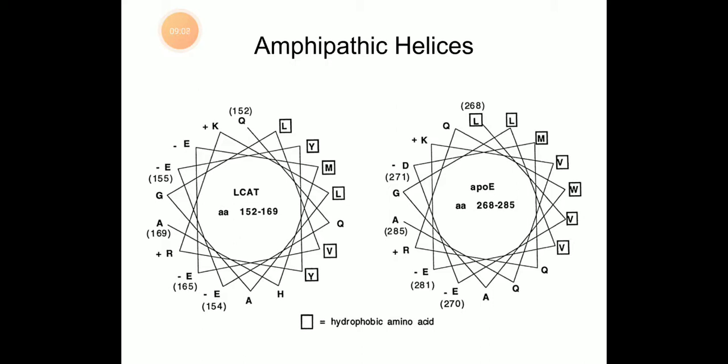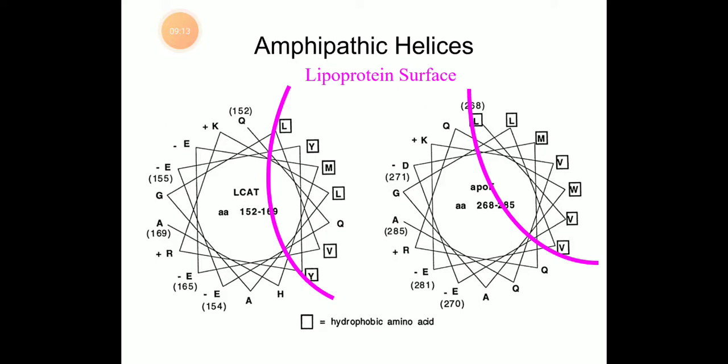So this is basically the structure of the lipoprotein. Here you see the lipoprotein surface, as I described before, the hydrophobic and the hydrophilic sides. The core consists of hydrophobic cholesterol esters and triglycerides, whereas the surface, that is the water soluble compounds, apoproteins, phospholipid, unesterified cholesterol, are present in the surface, that is in